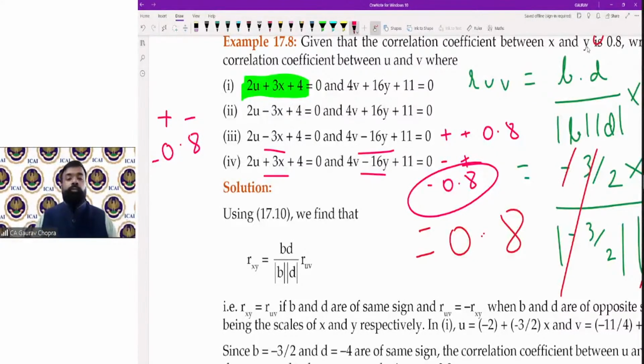So simply you have to check the sign of B and D। B and D का साइन कैसा है? अगर दोनों के साइन सेम है तो रिजल्ट विल बी सेम। अगर दोनों के साइन डिफरेंट है तो रिजल्ट के अंदर भी साइन डिफरेंट होगा। ओके, so in this way you can answer।